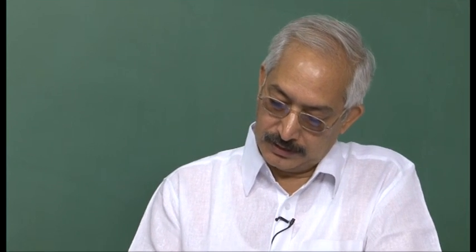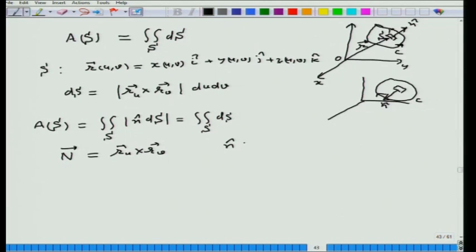And so this n cap is the unit normal, which will be nothing but this capital N divided by the absolute value of this vector N. So, that is the unit vector in the direction of the outward normal, and so we can see that this capital N will be given by n cap times the absolute value of capital N, and so therefore,